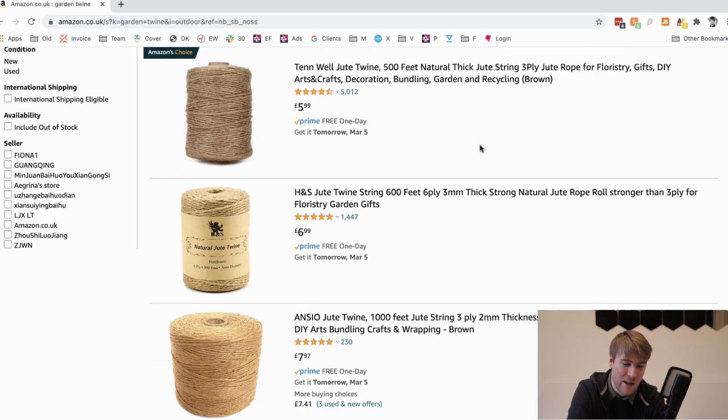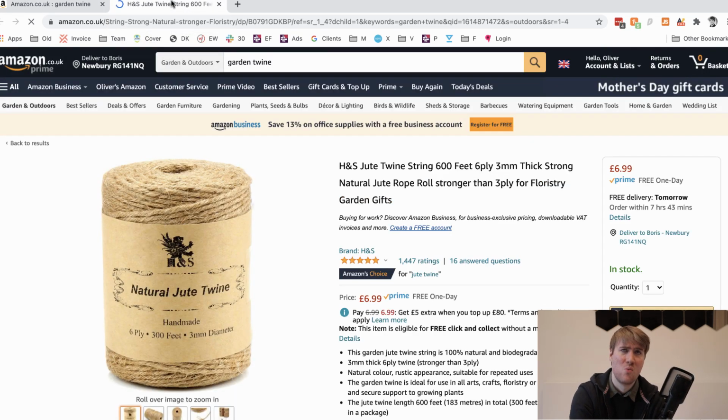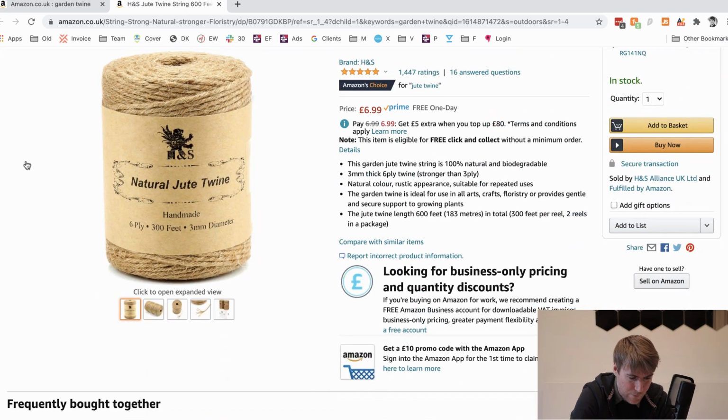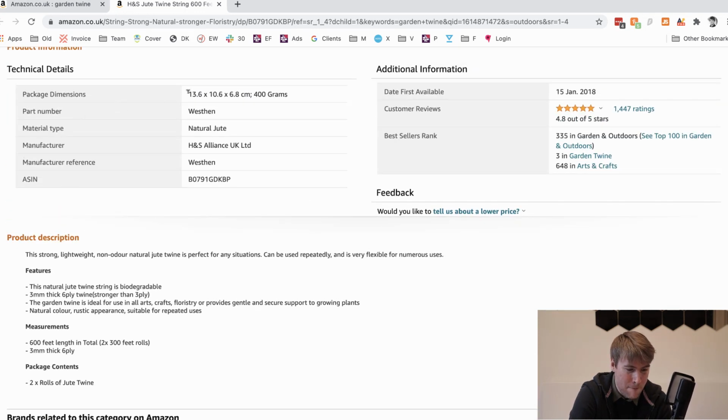I don't know how heavy it is, and I actually don't know how big these twines are. In fact, they could be a bit bigger, maybe. But the garden twine I remember having at home was smaller than this. Than these look anyway. So let's have a look. So package dimensions 13 centimeters by 10 centimeters by 6. Okay, yeah. So 13 centimeters is about that, by 10, which is about that, and 6, which is about that. So it's a small box,